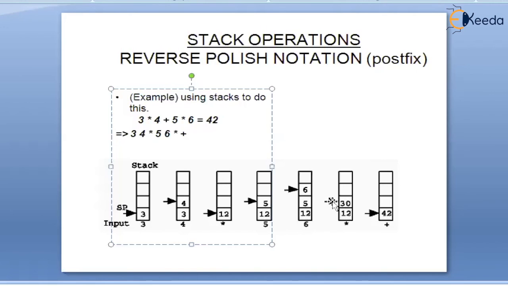Now we need to perform addition. When you say addition, plus, the topmost 2 elements of the stack will get added. That is, this is 3 into 4 and this is 5 into 6. Both will get added and placed here. Now, if you write all the operations on the operands in the specific order in which they are performed on the stack, then that can be called reverse Polish notation or the stack operation: 3, 4, star, 5, 6, star, and plus. This is called the reverse Polish notation of the stack.